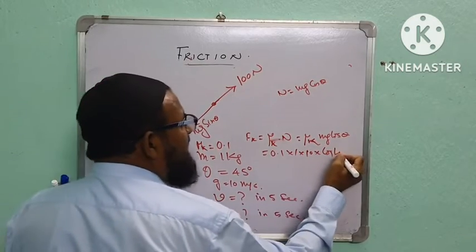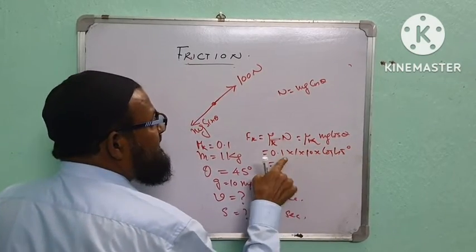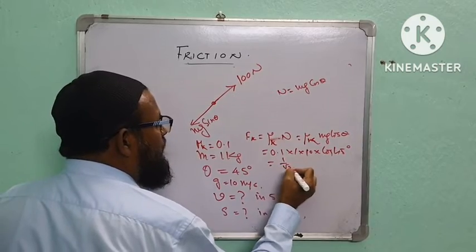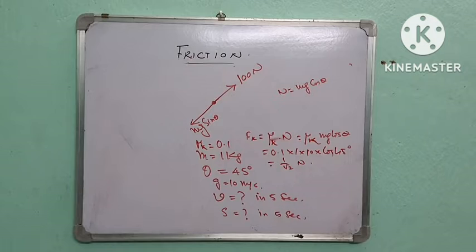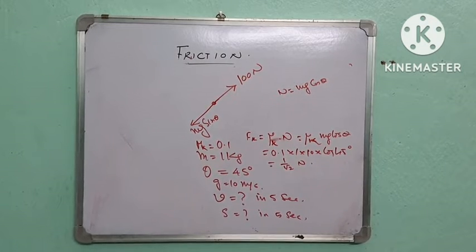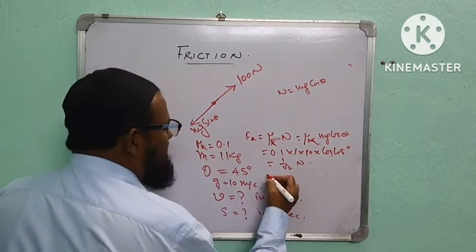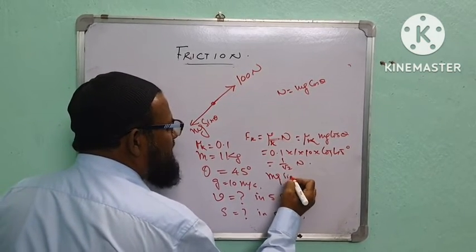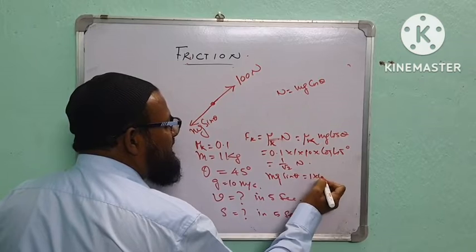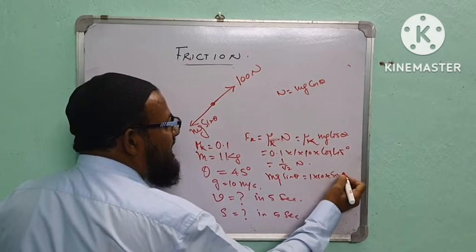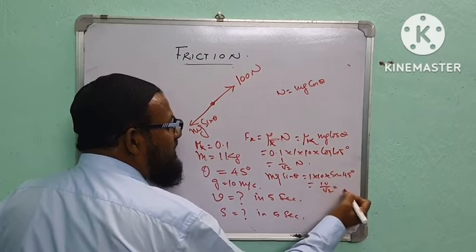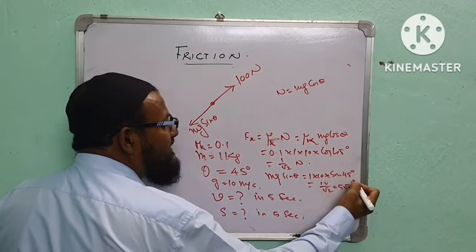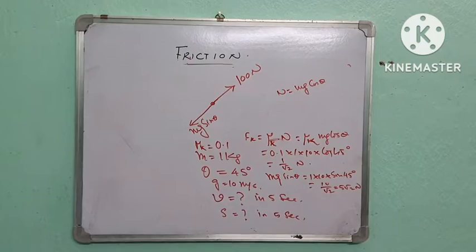What is this? Distance not, 1 by root 2. What is the unit? Newton. 1 by root 2, this is the Newton. fk value 1 by root 2. What is mg sin theta? n 1, g 10 and sin, sir, it is also 45 degree. Right? 10 by root 2. What is this? 5 root 2. This is Newton. Now please tell me,